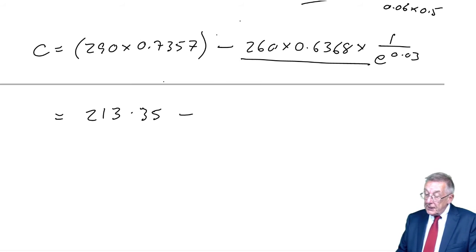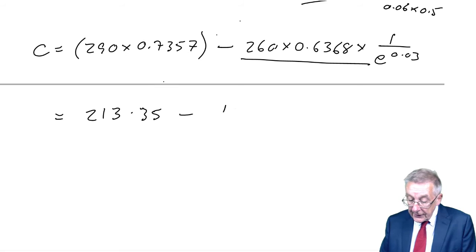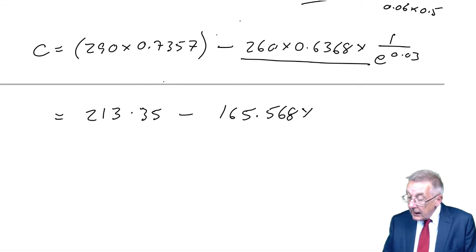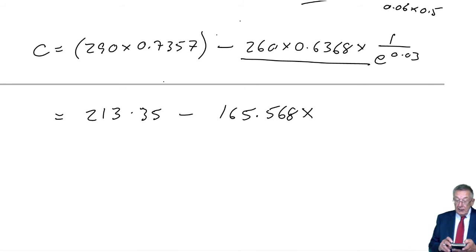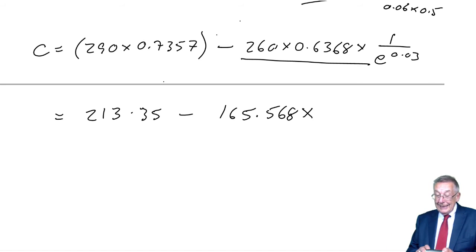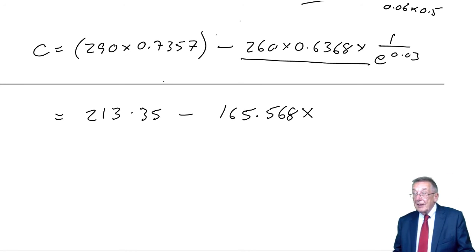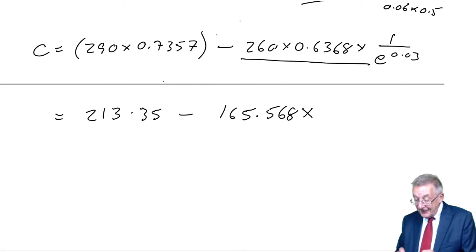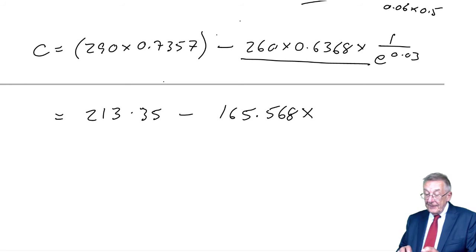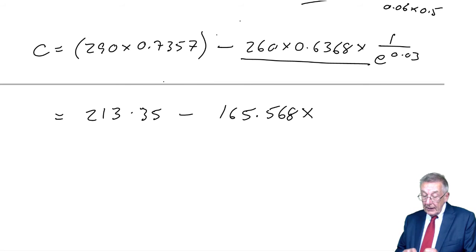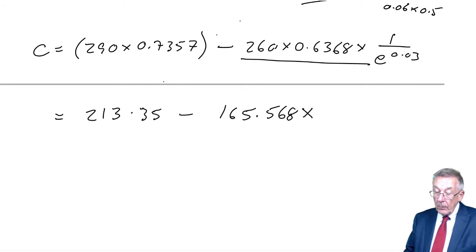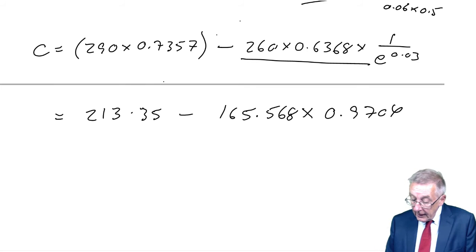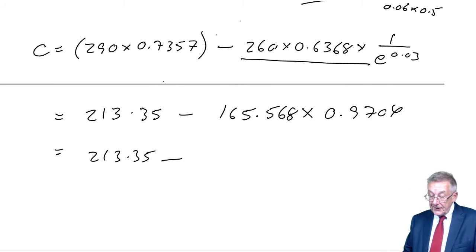Well, 260 times 0.6368 is 165.568 times, well, 1 over e to the power 0.03 equals, oh, sorry, my calculator's gone and messed it up. 1 divided by brackets e to the power 0.03, which is 0.9704. So now we've got it: 213.35 minus